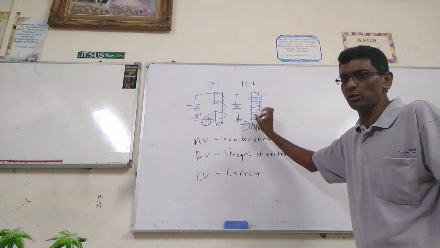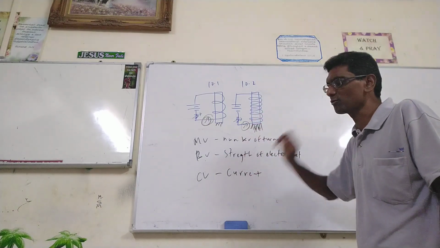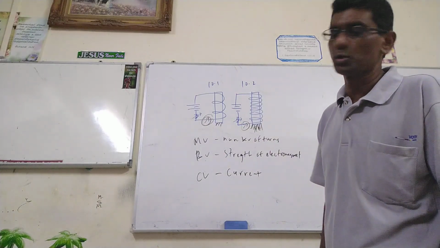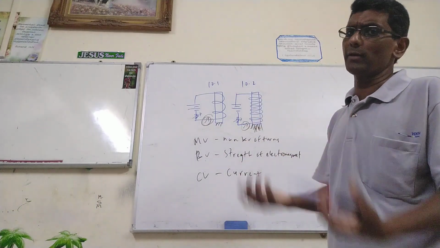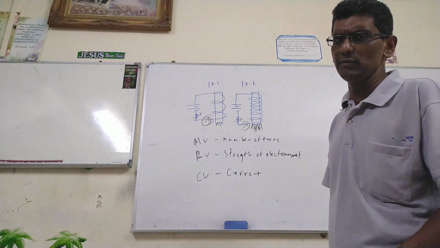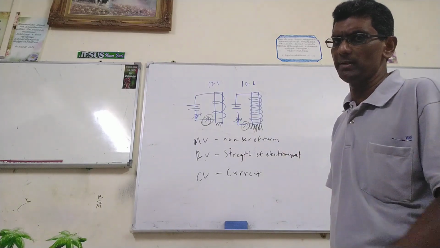The number of pins attached or attracted will measure the strength of the electromagnet. So when this question comes out in MV, RV, CV, in Paper 3 Section B,